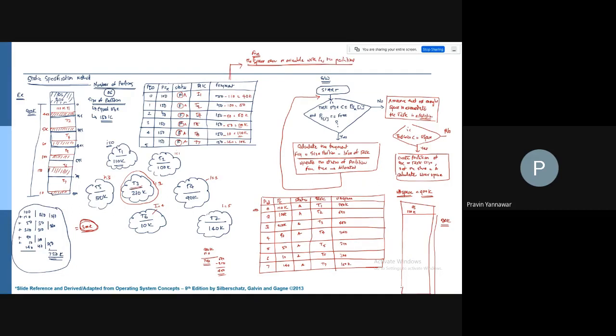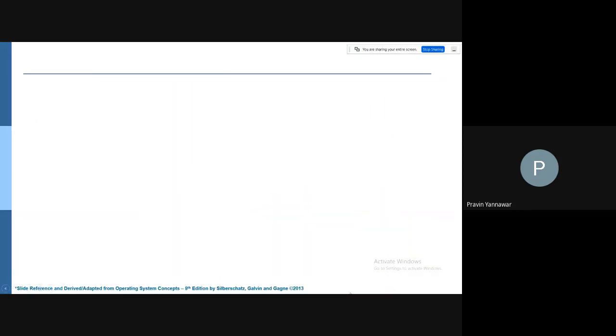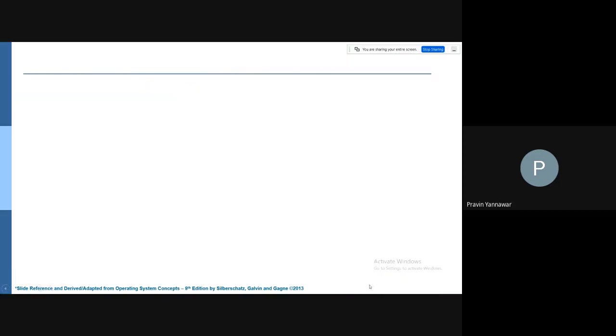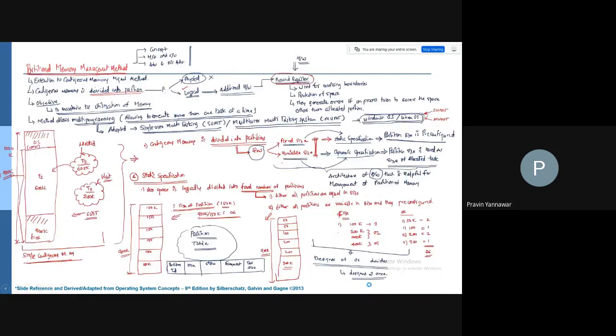So at the end, how much are you going to have? You have almost 160k free. This 160k allows for allocating any task in the queue, any task which is placed into a queue.